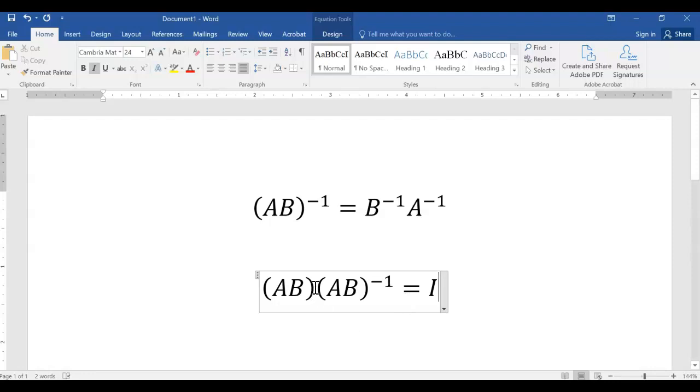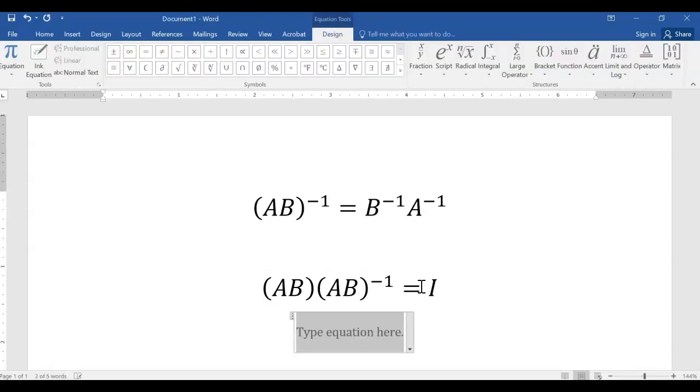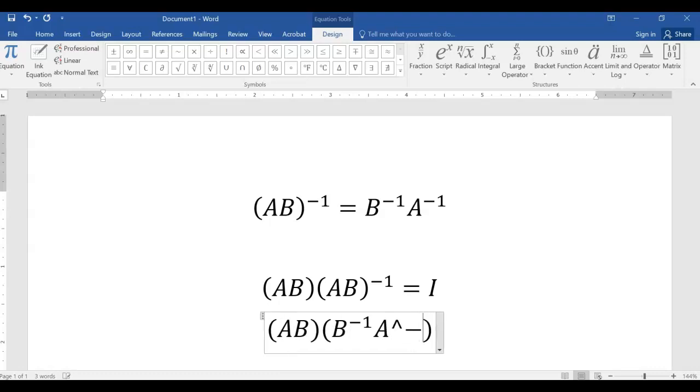But how would you multiply AB times, well, let me say it this way. What else do we know that multiplies AB that gets us back to the identity? Well, if you take AB, A times B, and then multiply by B inverse times A inverse,